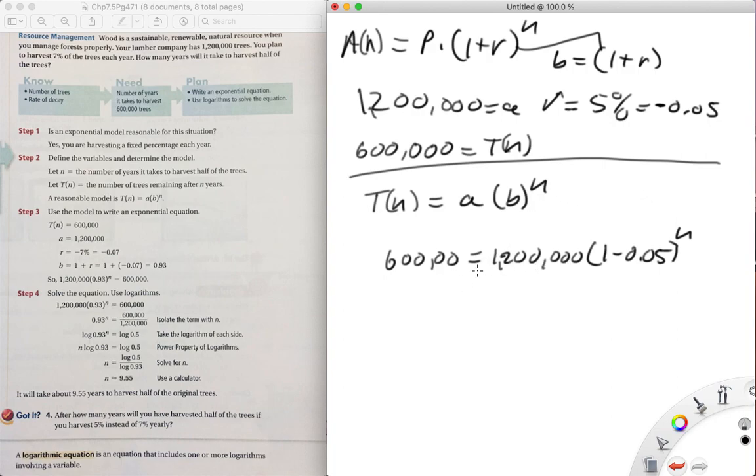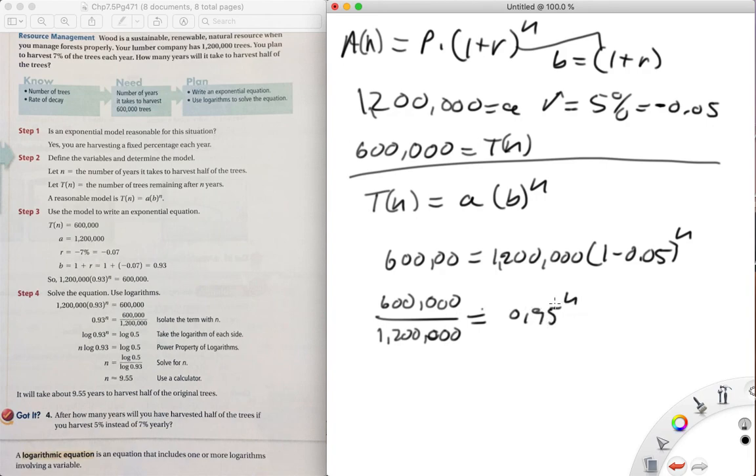Divide both sides by 1.2 million, so 600,000 divided by 1,200,000. And that equals, we're going to do subtraction here, 0.95